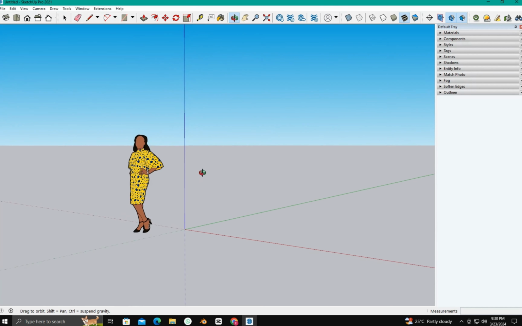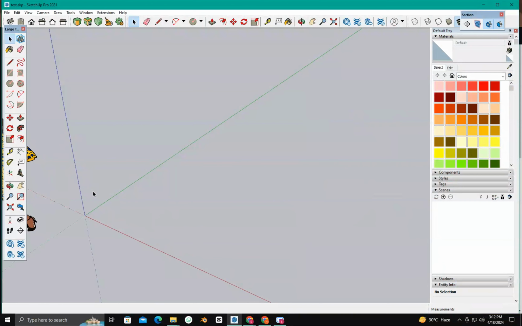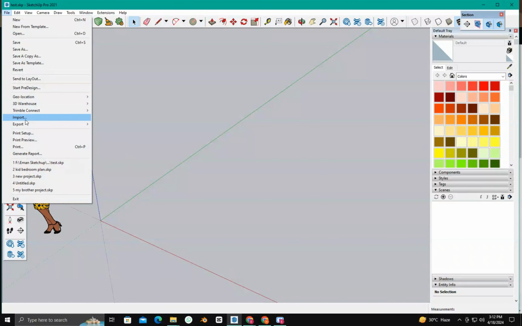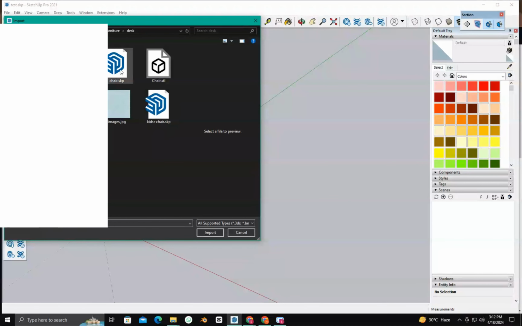Copies. First off, let's talk about copies. Imagine you have an object you want to use multiple times in your design. To make copies, first I download a chair, then